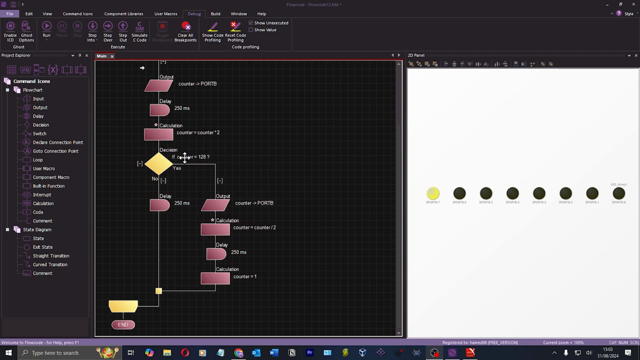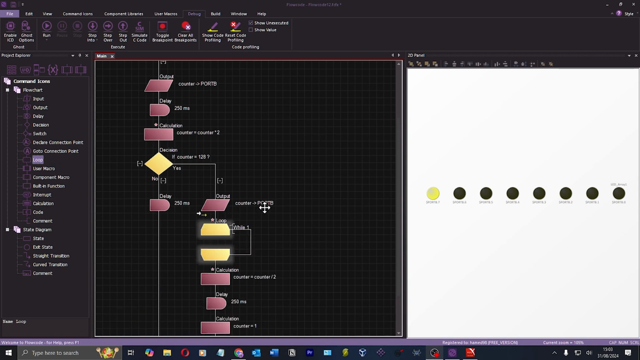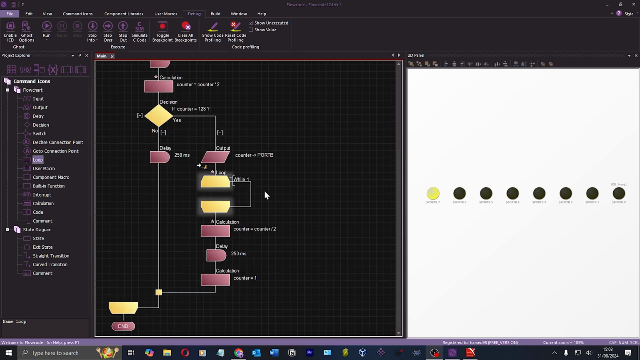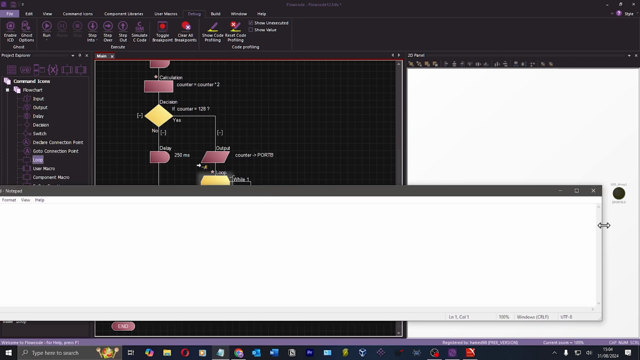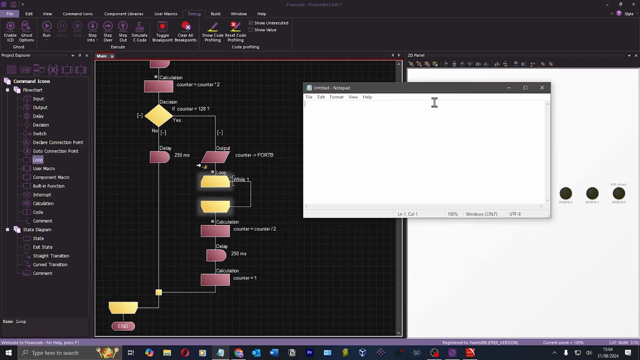So how do I say if the counter is equal to 128? I could do this in really ugly ways, but I don't like to write code without writing pseudocode first. Normally, I would pull up Notepad, for example, and start. What I want is to count. So set my counter equal to 1. Then I want to count. Display that